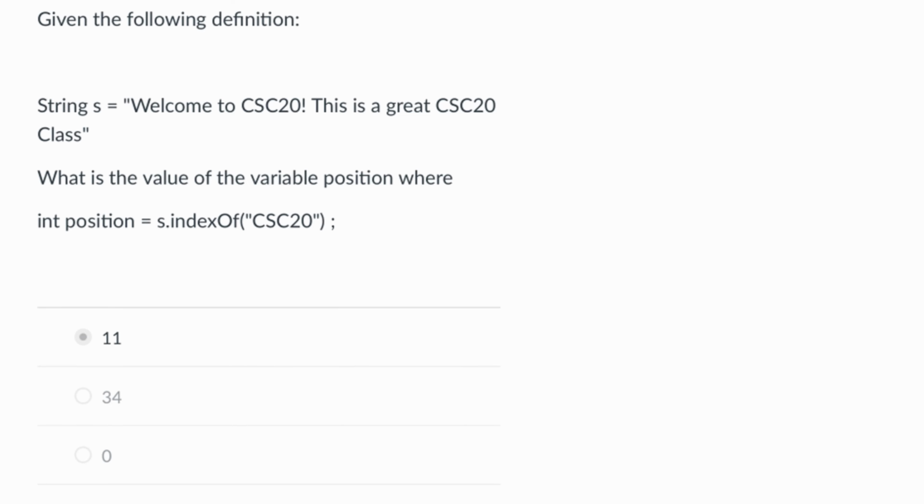In this question, we are given the following string s, and it says this line of text right here. We're asked what is the value of the variable position where int position is equal to s.indexOf. And now we have to find the integer position. Well, the main part of this is going to be this